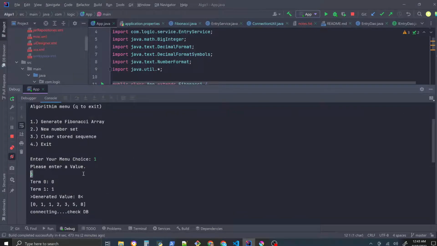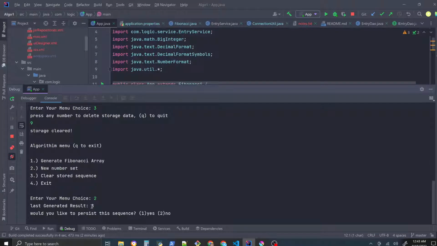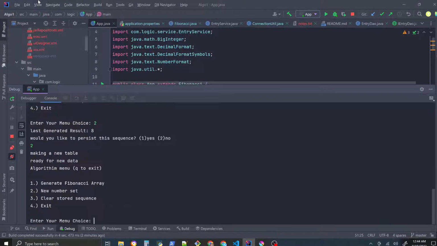When I looked up the Fibonacci series number 6, I got the number 8. This is stored inside an array. And it asks, would you like to persist this sequence? I say no. Let's say I don't want to. What all that means, though, is it just simply brings me back to